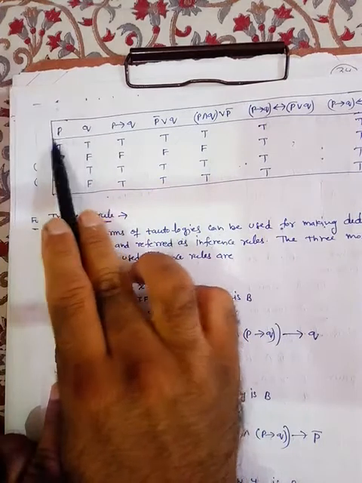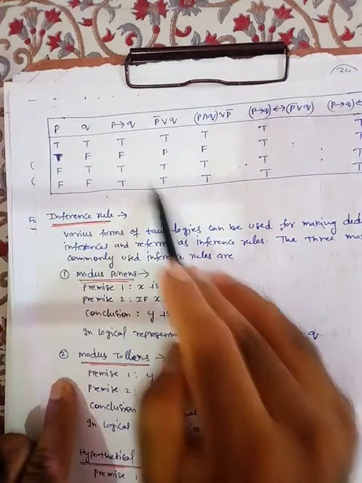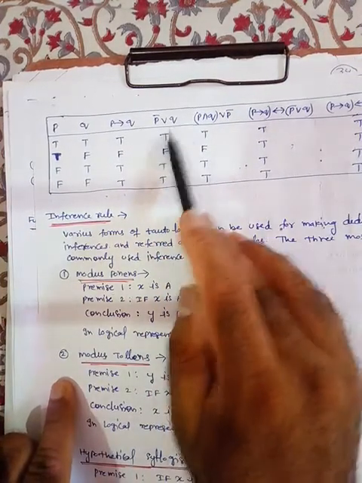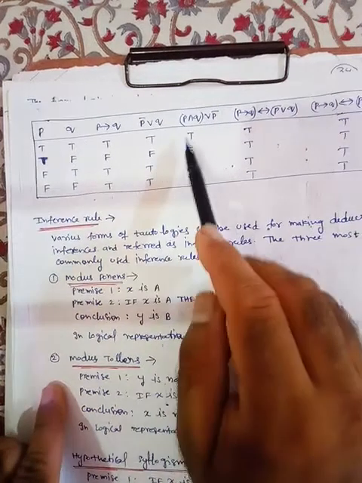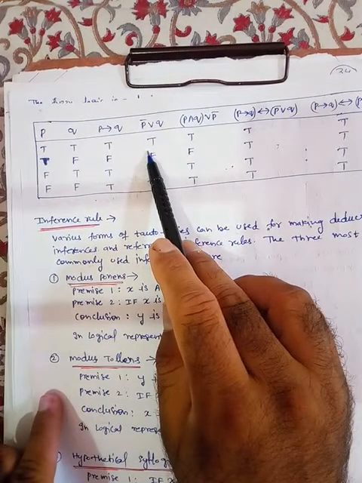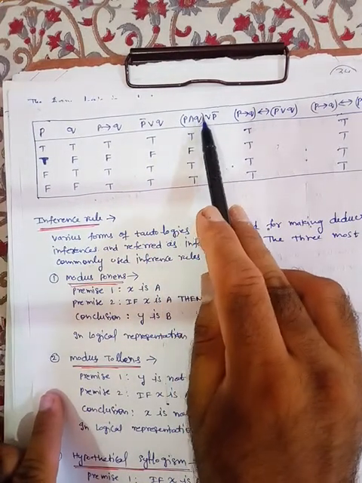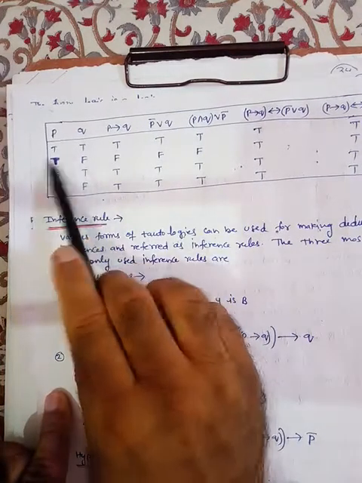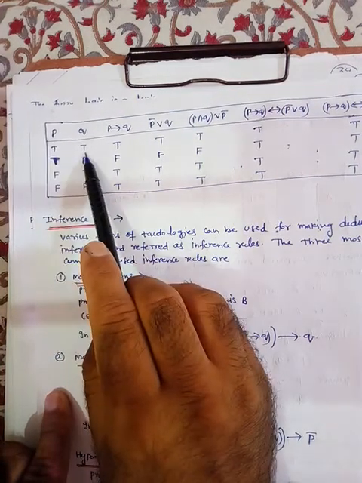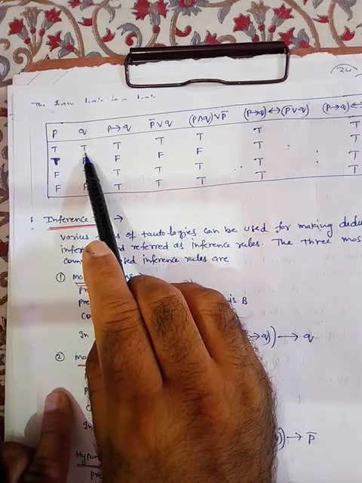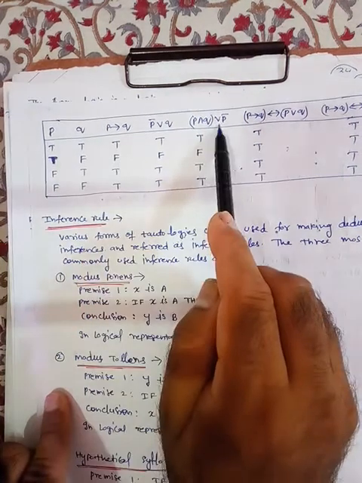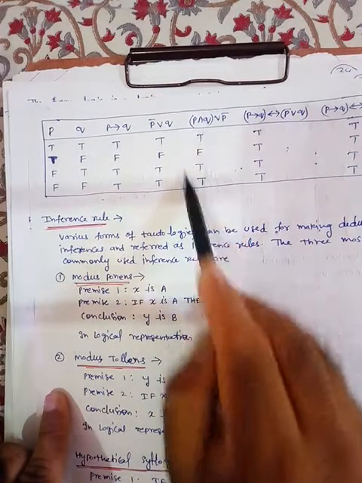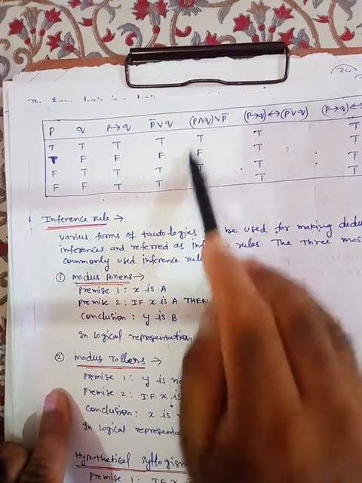Now P bar join Q. So just take the bar and then take the join. So we get this result. Now once you are getting this result, here we have P meet Q join P bar. P meet Q, both are true, so this is true. True join with P bar, so we will get this result. So ultimately this will be generated.